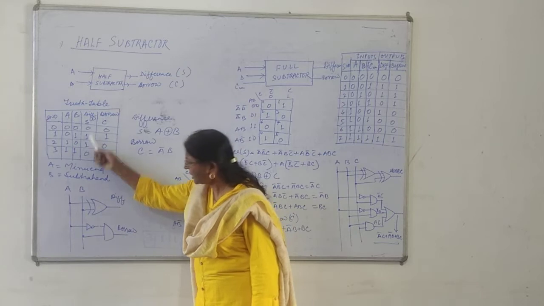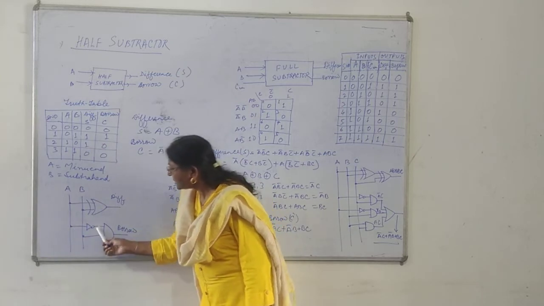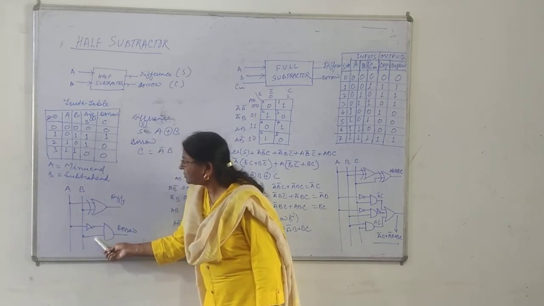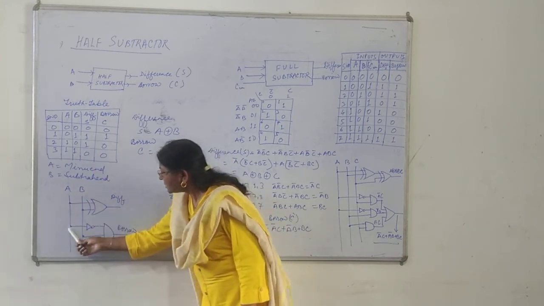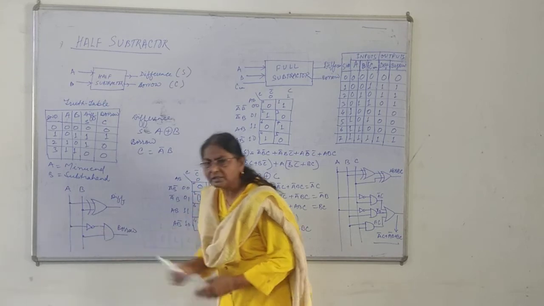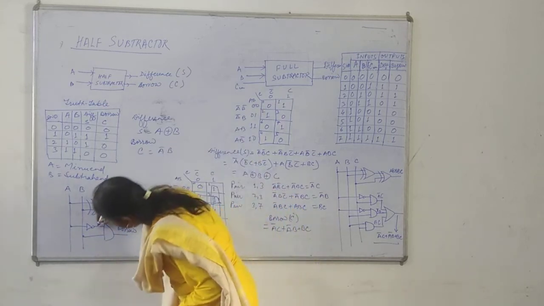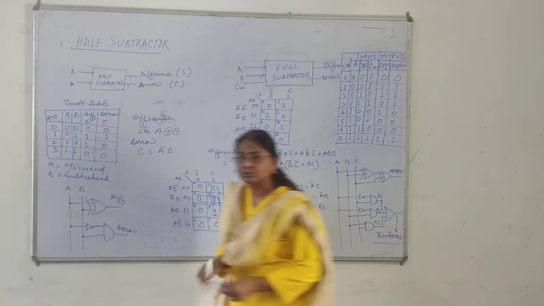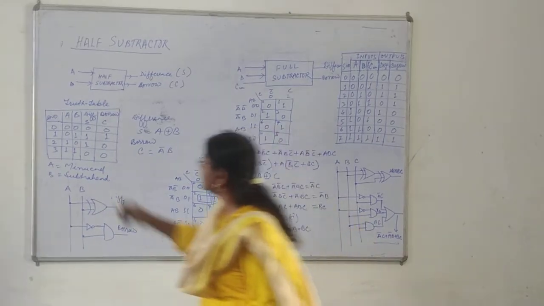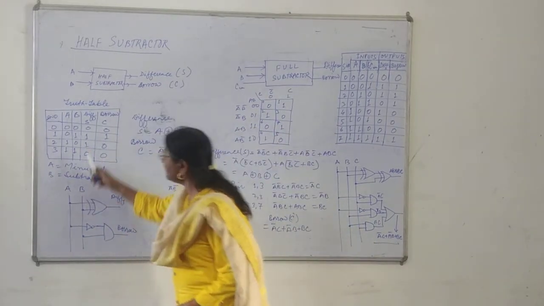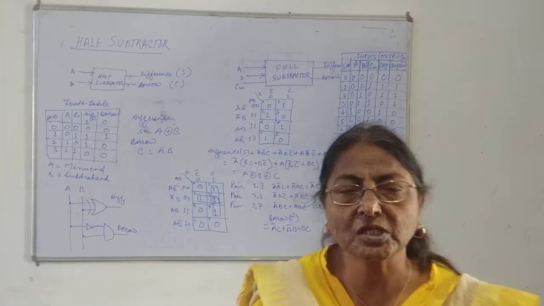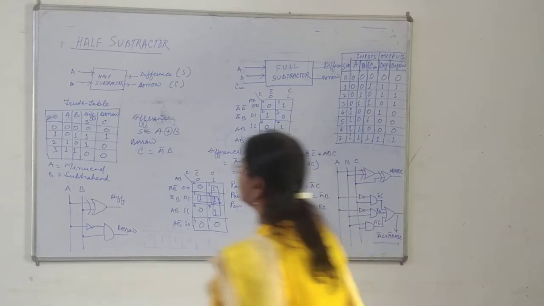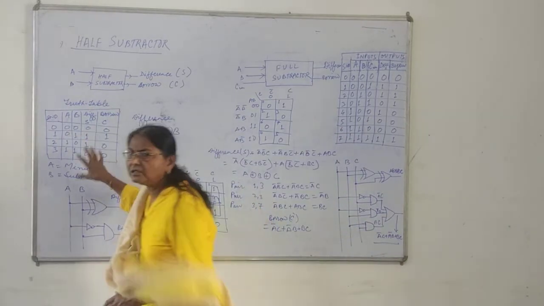This is okay. And for the borrow, here I have given 0, so the output of the NOT gate is 1, and the other input to the AND gate is also 1, so the output is also 1. So we are getting this output also. In the same way, we can check all 4 inputs, and we will find that the circuit works exactly the way I have written in my truth table.